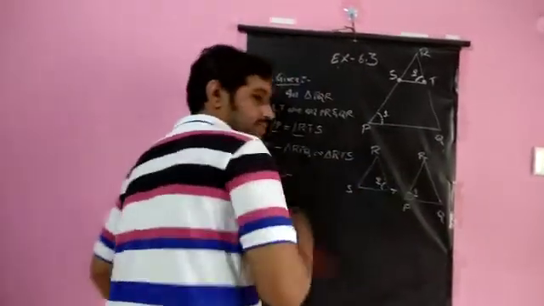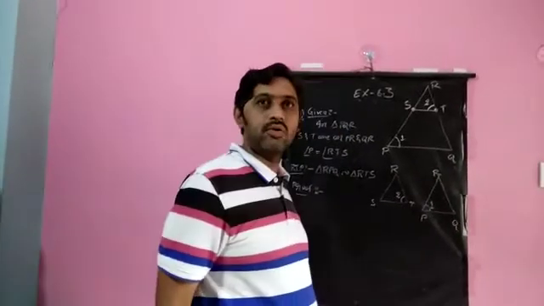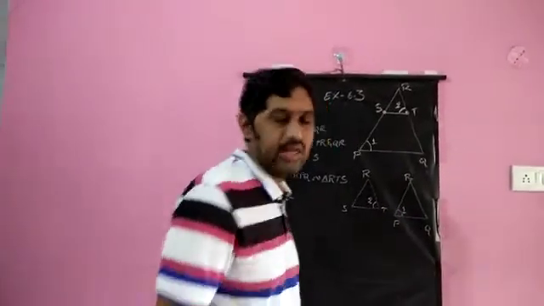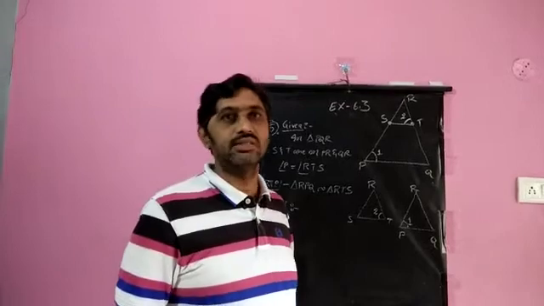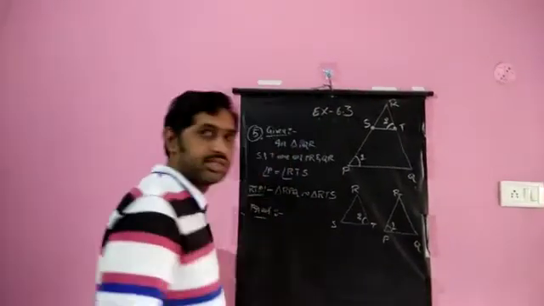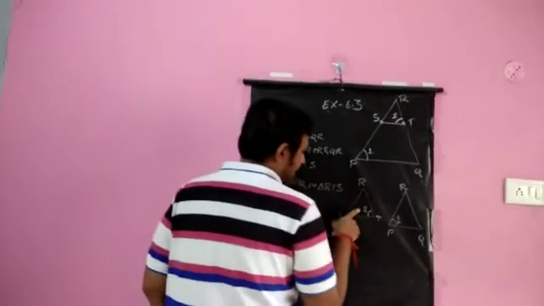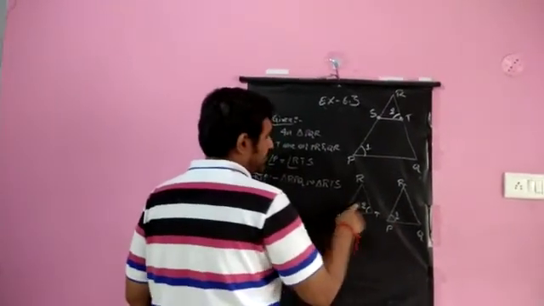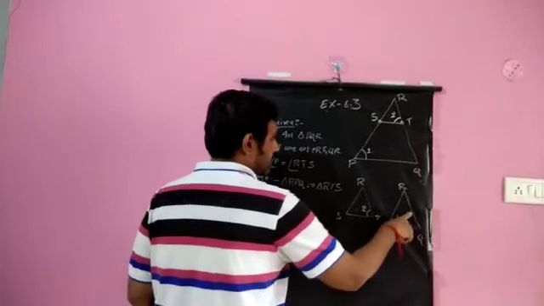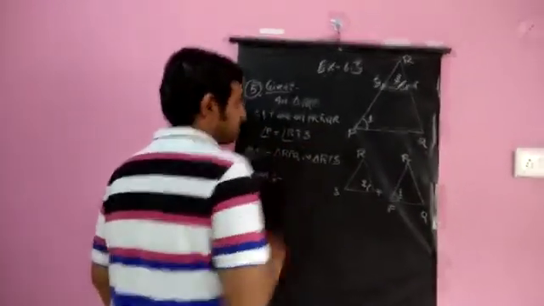Now these two triangles, which we need to prove are similar. Which similarity rule fits here? We need to say whether it is angle angle angle, side side side, or side angle side. Ratios of the sides are not given. So which similarity rule fits here? We need to see one angle of this triangle, that is angle 2, and the other triangle RPQ, that is angle 1. This angle 1 equals angle 2. That is given in the question itself.